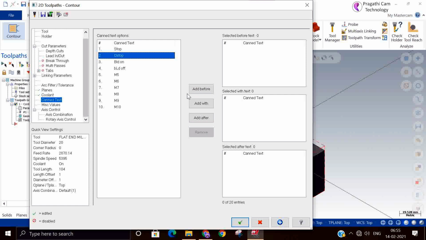Like this, you can select and add before. So I have put it there. So this option is top. Okay, M01 it is. So like this, if you want additional stops, you can add them.